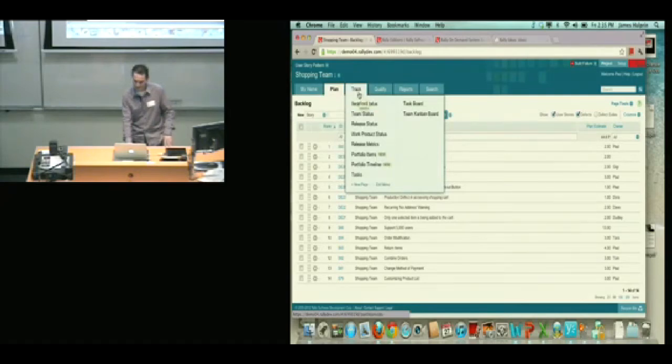Does it have the concept of features? I'm creating a product and I might have several vertical slices of the system, which are features that might come out of my funding. So I want to see progress on those features. Can you track those? Absolutely. Is that at a project level or at a portfolio level? Yeah, that's a great question.